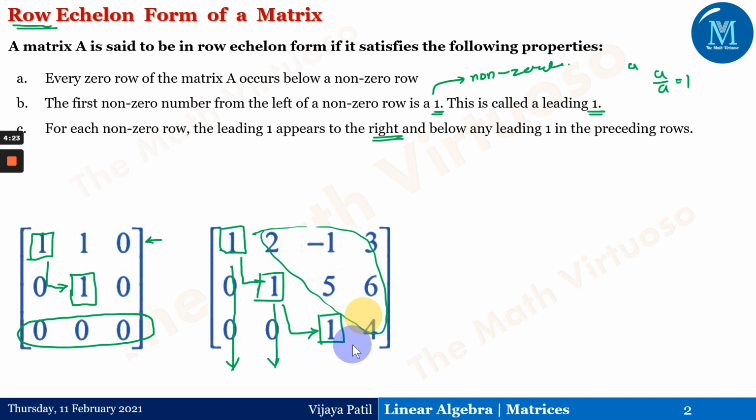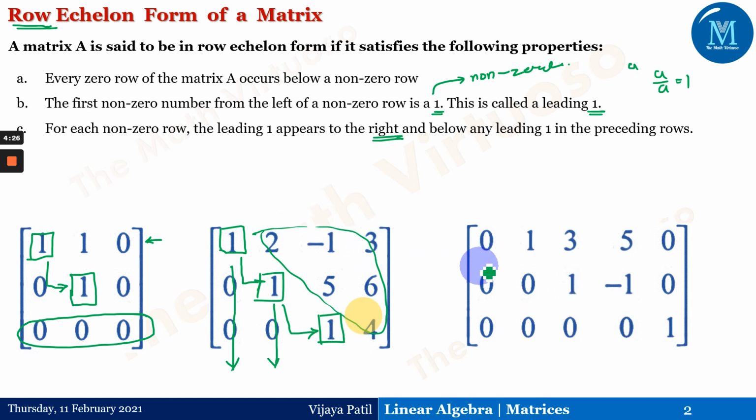We have to just take care of all these things while reducing the matrix to an echelon form. Similarly, suppose in the first row I don't have a non-zero or leading one, so it appears as 0. Then below it, everything has to be equal to 0. Now again I'm looking at the first row itself. In the first row, my first leading element comes out to be here. Below that has to be 0. Then moving to the next row, the next leading element is to the right of the previous, and below that again it is 0.